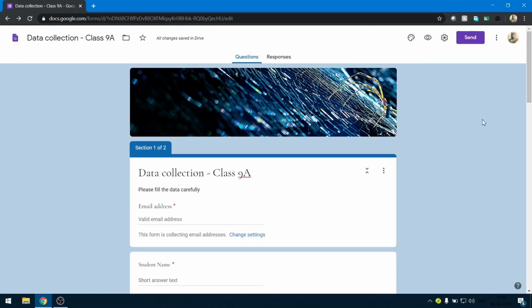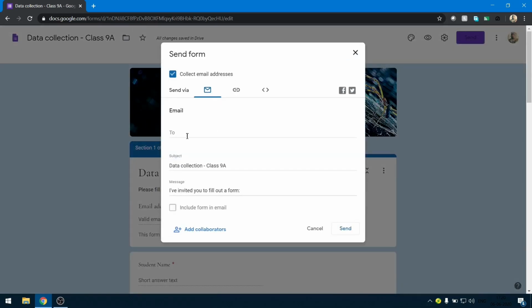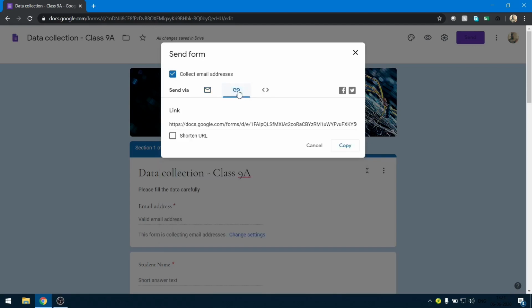And once all the settings has been done, click on send so that you can send this Google form as an email invitation to the students. You can always add collaborators so that you can work in team to create a Google form. Or else you can go to the link section and get the link to the Google form and send it to the students.